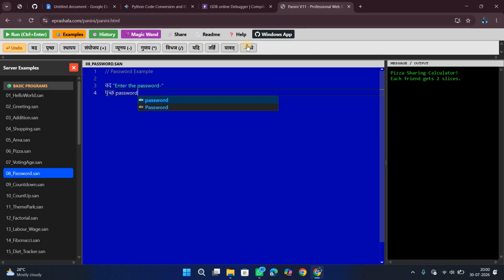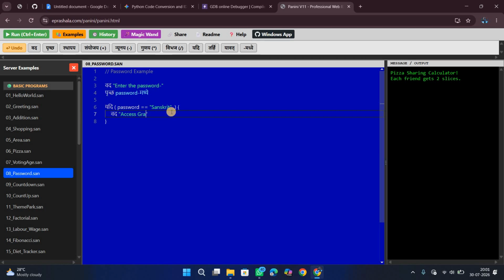So you can see that if I write if, then it got converted into Yadi. So if the entered password is equal to, suppose I say Sanskrit, and then you have to print